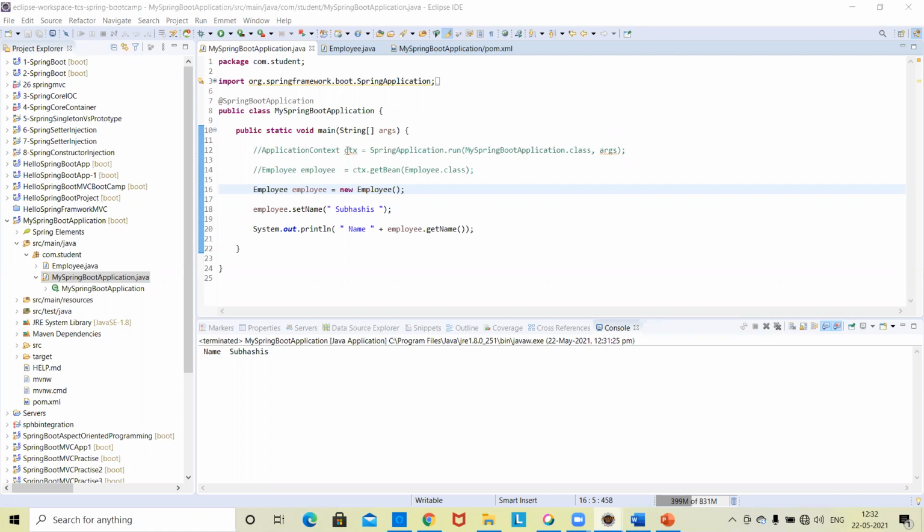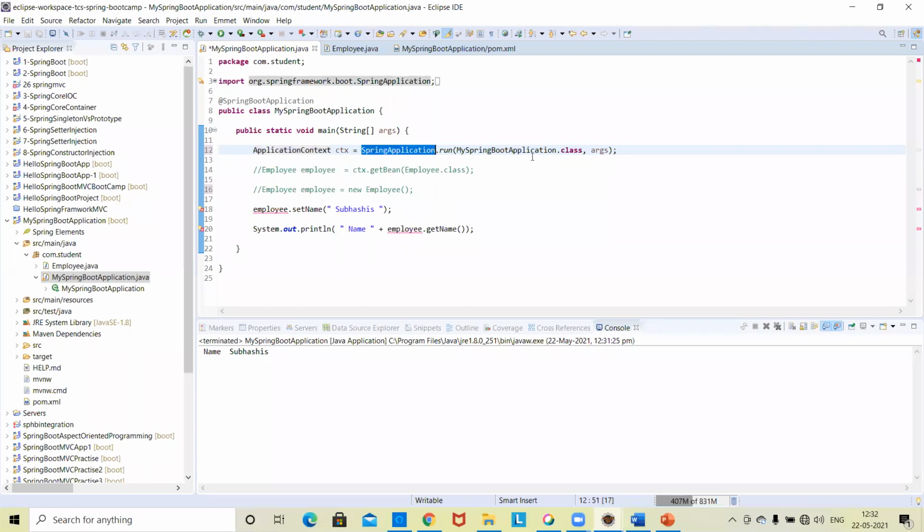So this is without Spring. This is without Spring technology. Now you remove it. Now we are going to the Spring technology. Here in Spring technology, this application context is this line. Okay, for the first time you may not understand. When you learn a technology for the first time, many topics, many areas you may not grasp. But when you work with the technology for 1 day, 2 days, 3 days, a few days, the entire picture will become crystal clear to you.